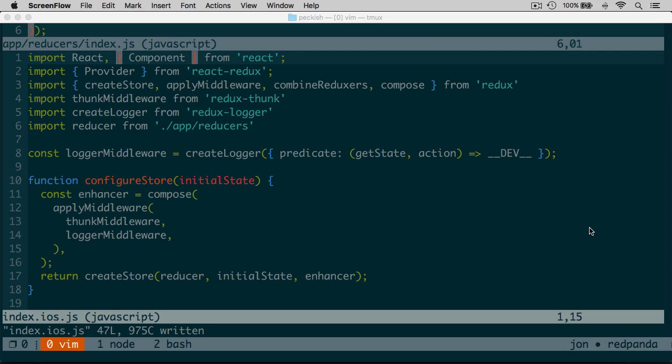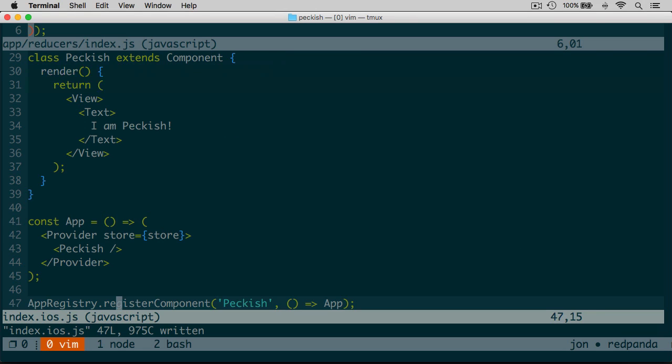In this video, we're going to take our newly hooked up Redux React Native application, and we're going to test to make sure that we can trigger actions, we can view them in the logger, and we can make changes in our store or in our reducers. So let's get started. The first thing we're going to need to do is create